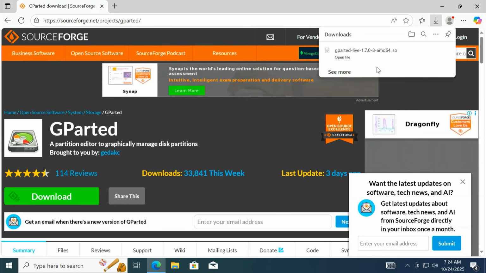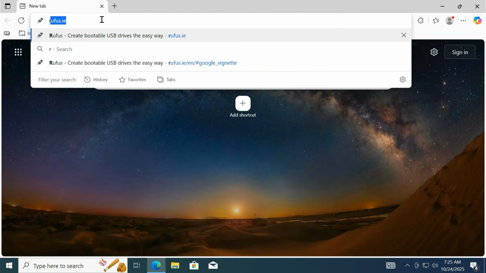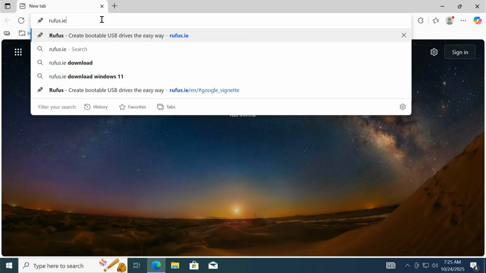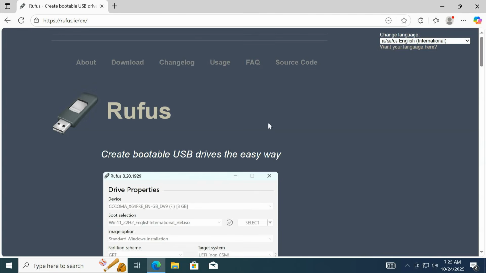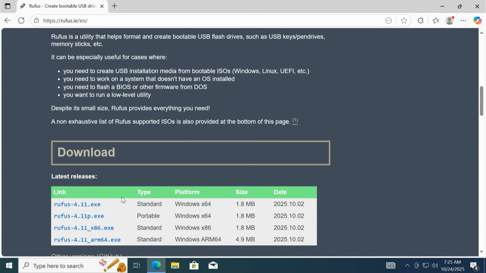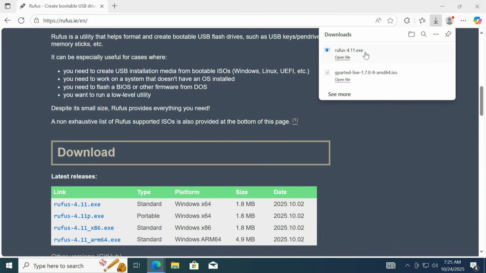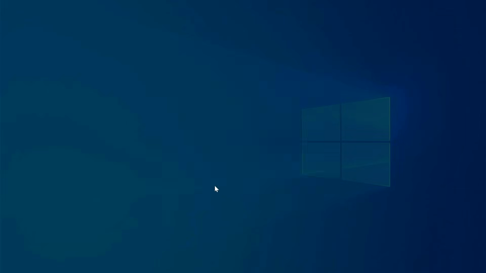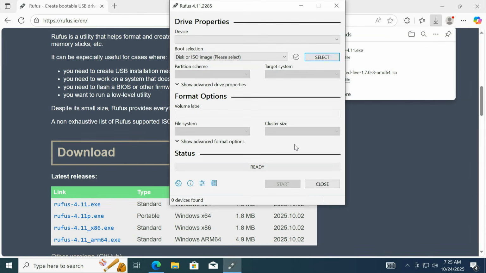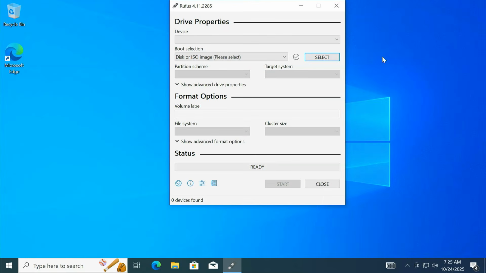Now that we have the Gparted ISO file, the next step is to create a bootable USB drive. For that, we'll use a free tool called Rufus. You can download it from rufus.ie website. After downloading, open Rufus and plug in your USB drive. Make sure there is no important data on the USB drive because this process will erase everything.